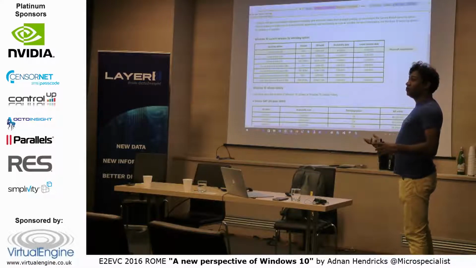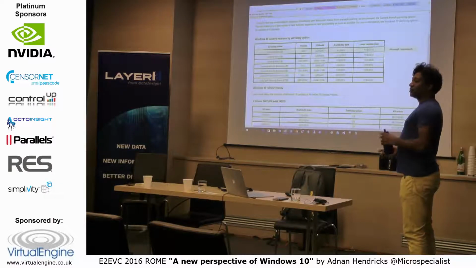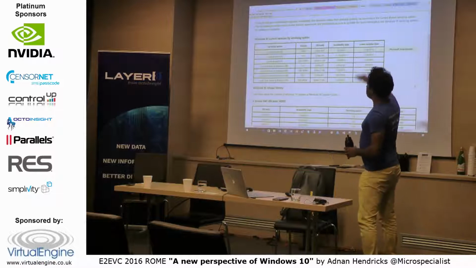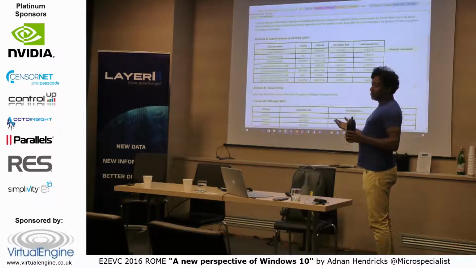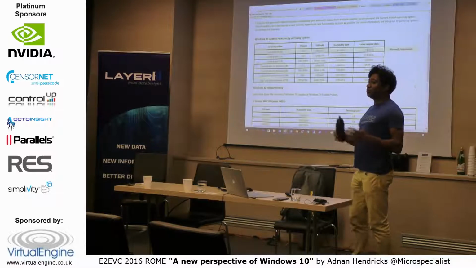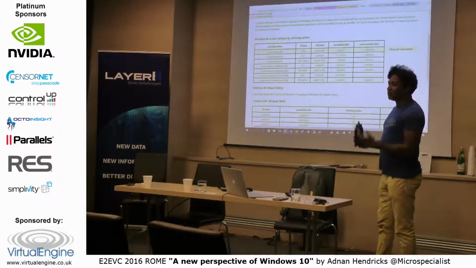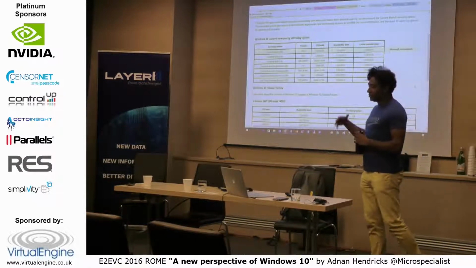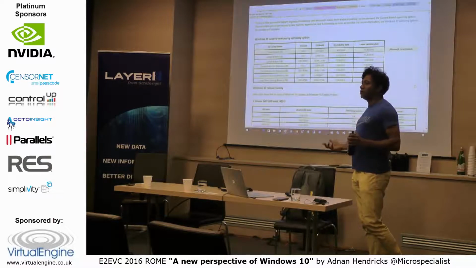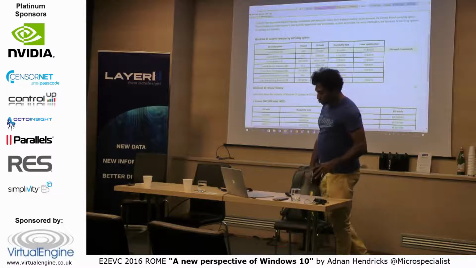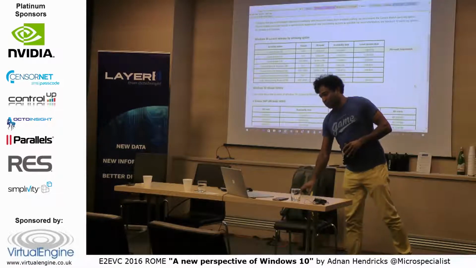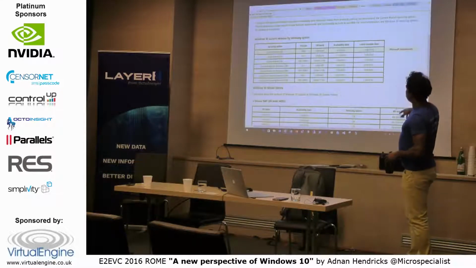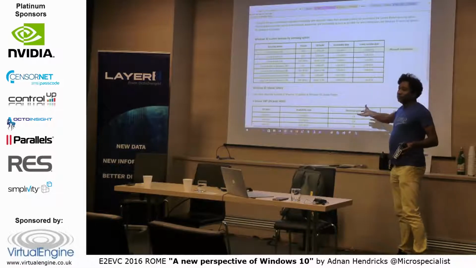If you're running 1511, you're probably doing that in your organization. But if you're having normal computers for your organization, that's the build you should be on. And some of my clients were like, why didn't you tell us all those features are going to be in 1607? Because guess what? I didn't even know. So some of the stuff, even MVPs get later information, because some things have to be proprietary or business secrets. So current branch for business on this slide, as far as Microsoft is concerned, is 1511.